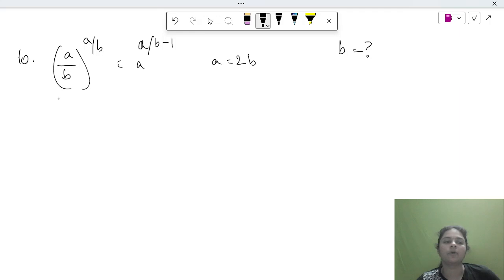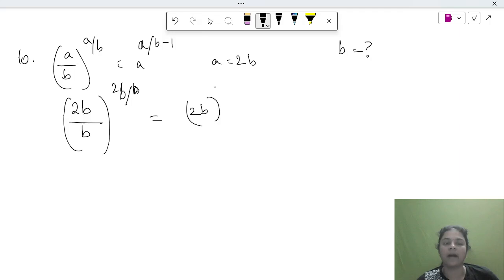Now you can write a as 2b. So (2b by b) the whole power a by b, a by b is again 2b by b, is equal to (2b) the whole power 2b